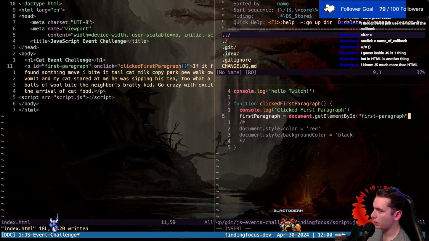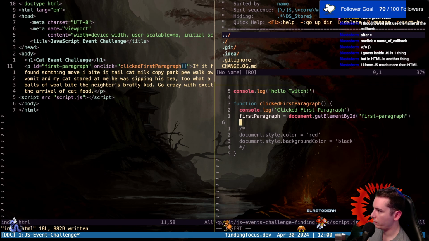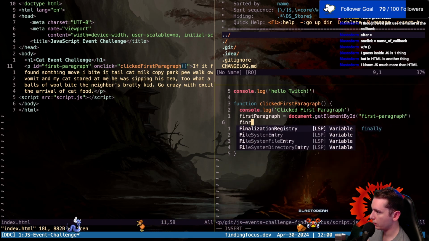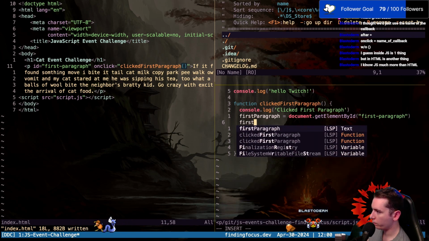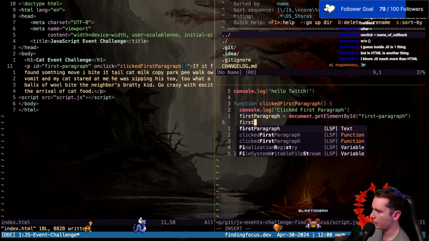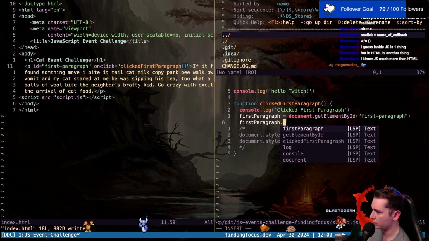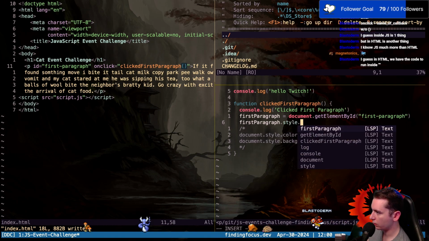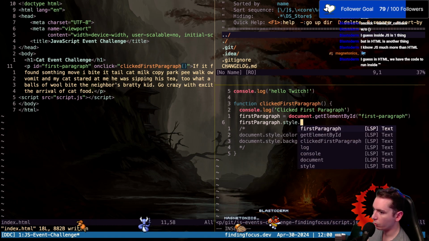So now we've got first paragraph. Okay, so now we should be able to modify our first paragraph, I believe, by going into the document object, going into its style, and then,